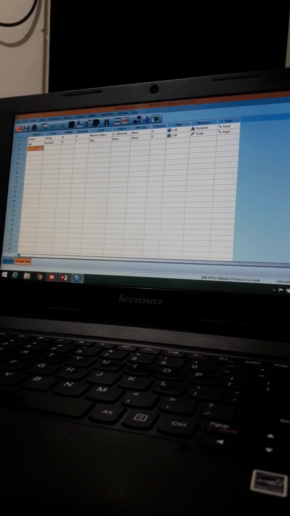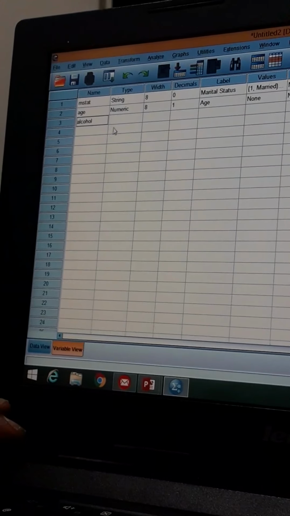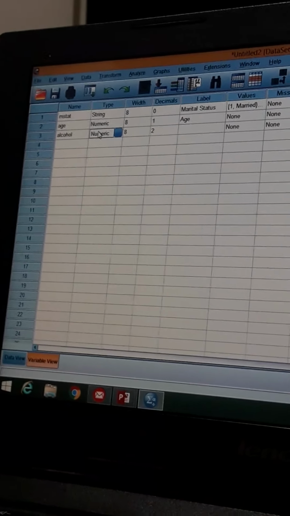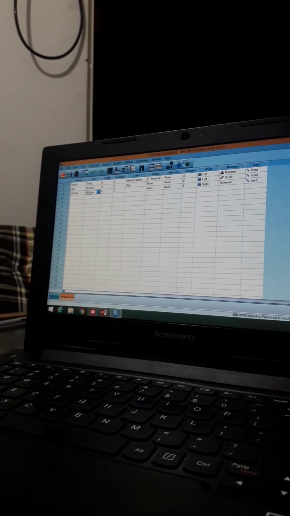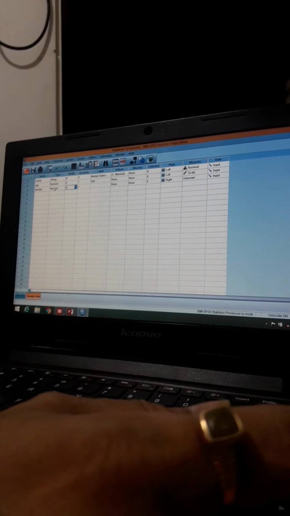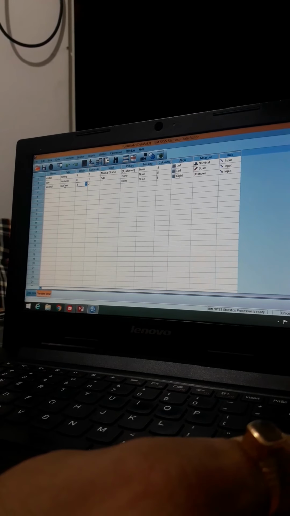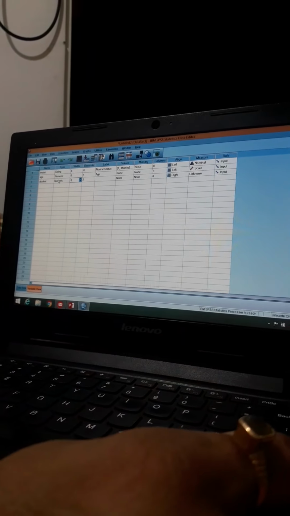opinion about drinking alcohol. Okay, so we will name the variable as alcohol. And then we are going to make it numeric. So there are 7-point scaling which is applicable to this opinion about drinking alcohol. So for that reason we are keeping it numeric.